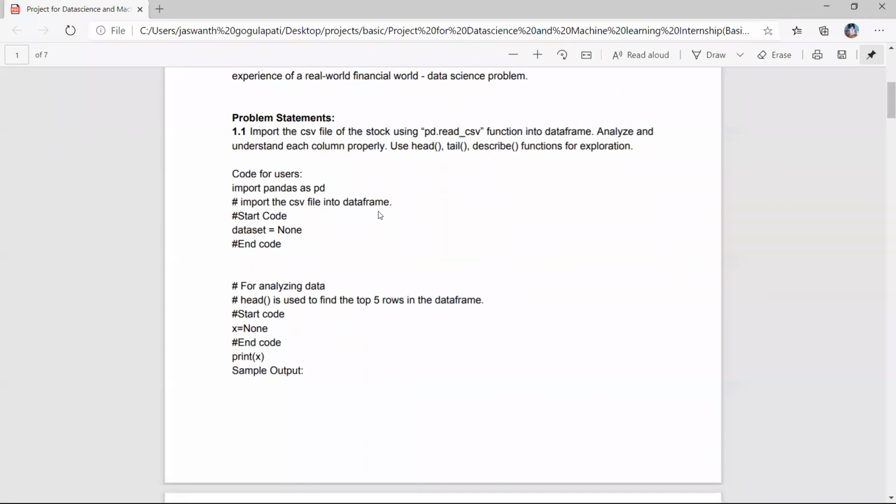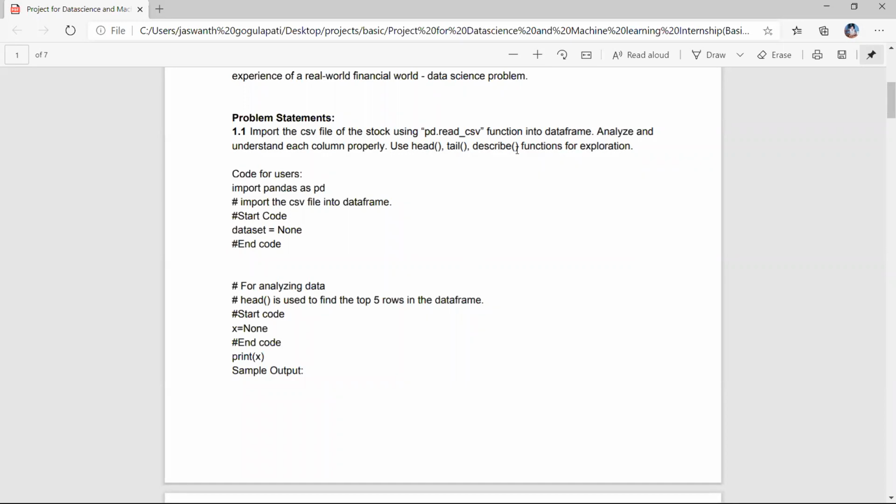In basic, the first question is about how to read the CSV file and make it into a data frame. As we know, we use Pandas for it, and here we used head, tail, and describe functions for analyzing the dataset. Head is used to view the topmost 5 rows in any data frame.